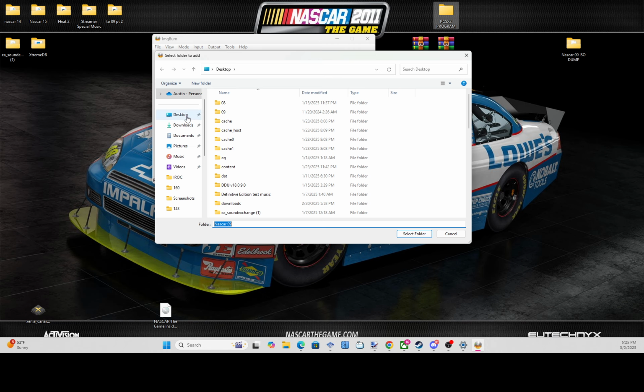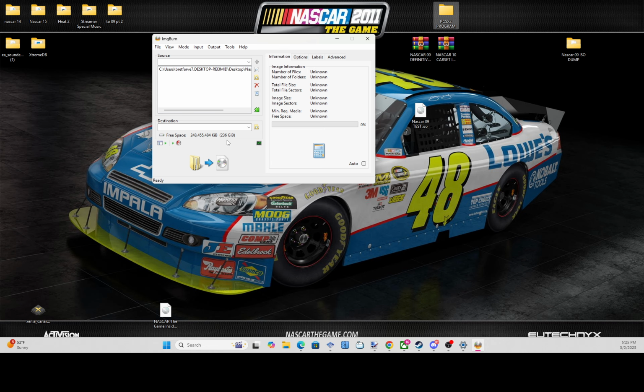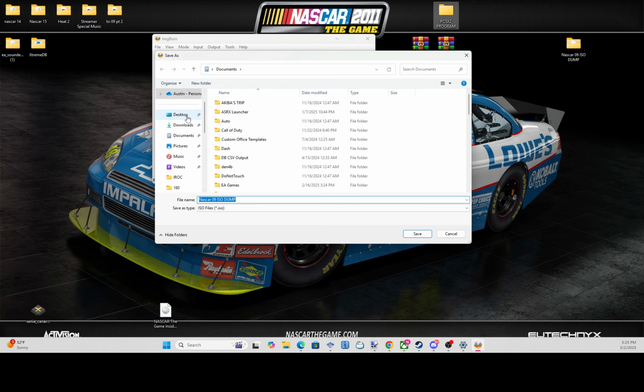Click it. And then go to your desktop. And look for that NASCAR 09 ISO dump folder. Select folder. Then you go to destination. Go back to desktop. And then you're going to rename it NASCAR 09 or NASCAR 2010, depending on what version you're using. So let's say NASCAR 09, and we're going to put in